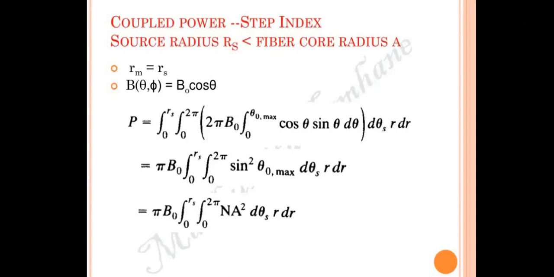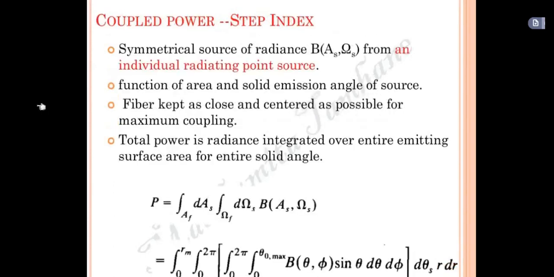If you substitute in the previous equations, let me just see the previous equation. See here, this is where B of theta comma phi is there. What did we replace here? We replaced it with B naught cos theta, right? So that we replace, and 0 to 2 pi, 0 to 2 pi is there. We try to integrate one time. So theta will get an upper limit and lower limit.